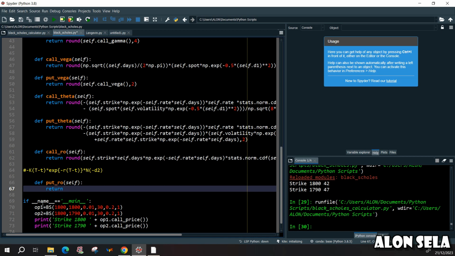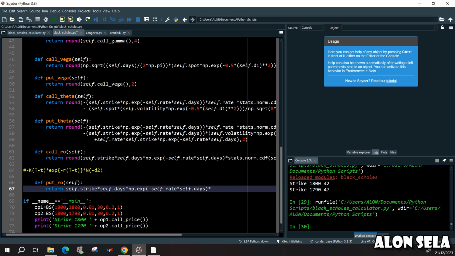We need the strike, so we'll have self dot strike, times the days to maturity, self dot days, and we'll need to multiply it by the exponential of minus the rate, so self dot rate, times the days to maturity, so times self dot days,